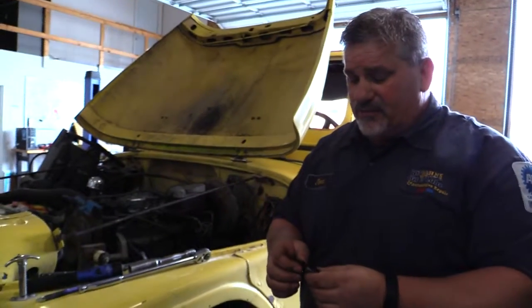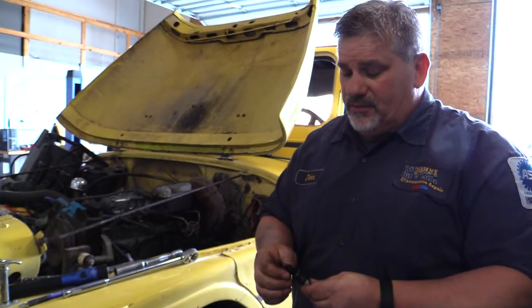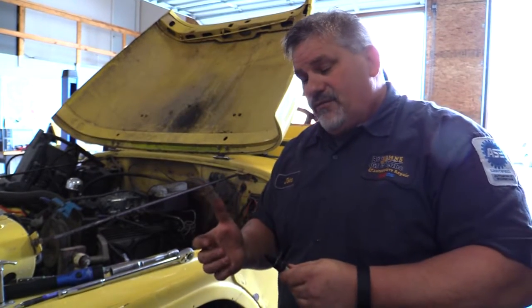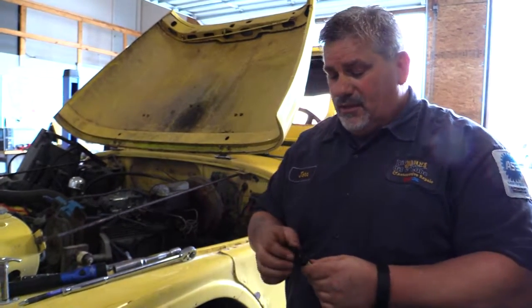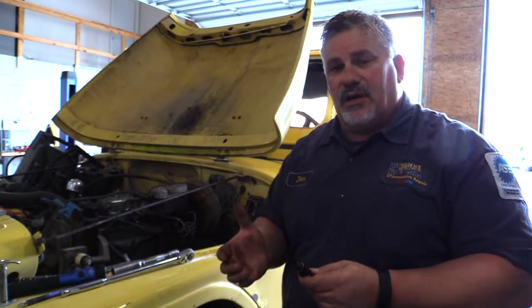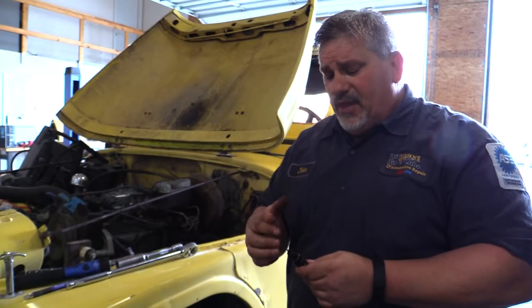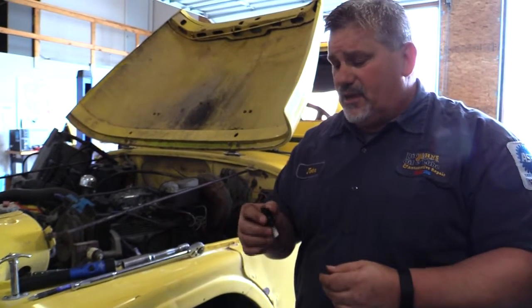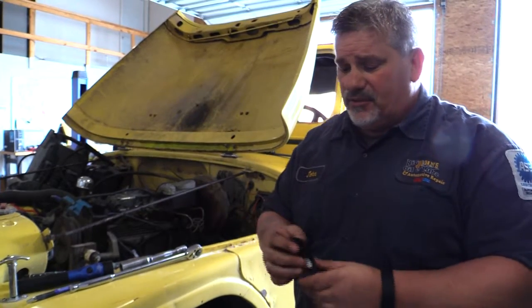This is one of the aspects that we look for. This tells us what the carburetor's doing. It tells us what the fuel-air mixture is doing, and things like that. So when you go into the automotive repair shop, you want to make sure that when they say they're going to do a total inspection on the car, that they can actually do a total inspection. And when they say they're going to do a tune-up, that they're actually looking at